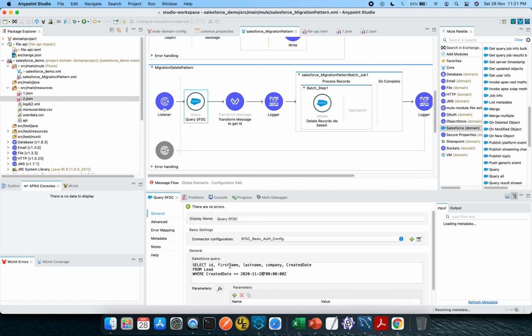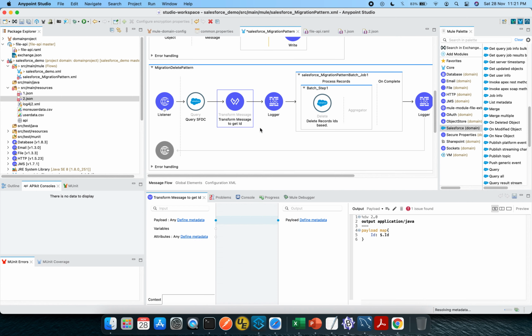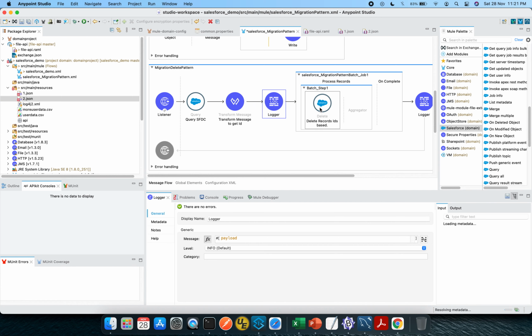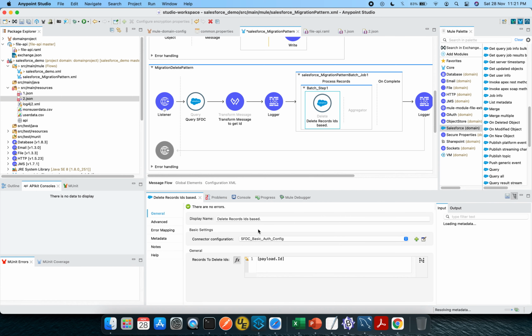I will be selecting ID, first name, last name, company, created date from the lead object type, and after that I am going to transform it, just picking up the ID out of it and logging it, and finally deleting based on the IDs fetched from this transform message.